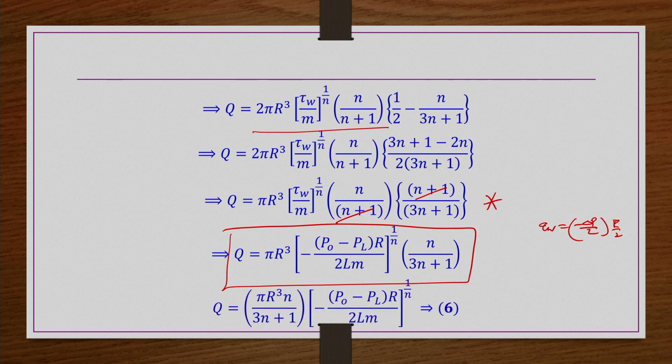fine. So, now here we are combining all the terms. So, then we have n pi r cube by 3n plus 1 multiplied by minus delta p by L capital R by 2 m whole power 1 by n is volumetric flow rate, right. So, now you have a Vz expression, you have a Q expression, you have a tau Rz expression also, you got it, right. So, further what we are going to do, we are getting minus dVz by dr, to get shear rate also, and then shear rate also we will be representing in terms of Q, and then after that we will be doing the simplification, what is the maximum velocity, average velocity, etc.